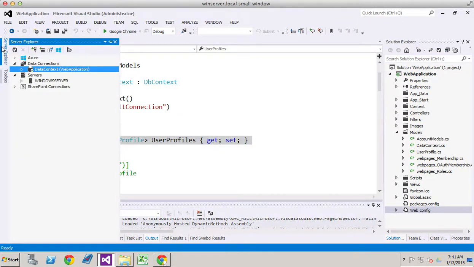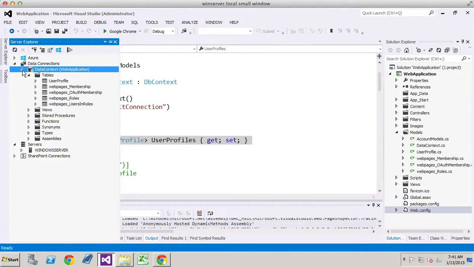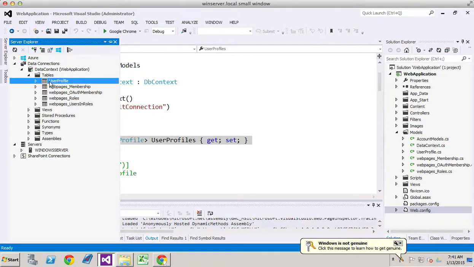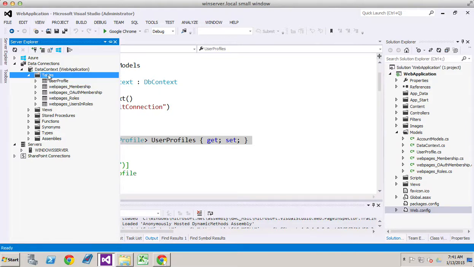Now, if we go back into the server and look at user profiles, you'll see this table is there already. All right. Now, you'll notice that the other 4 tables are not there. We're going to deal with that later, but in the meantime what we're going to do is just get started with a simple database. We're going to start extending some classes of our own here, adding our own controllers and